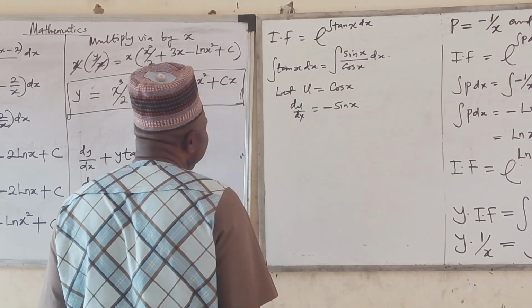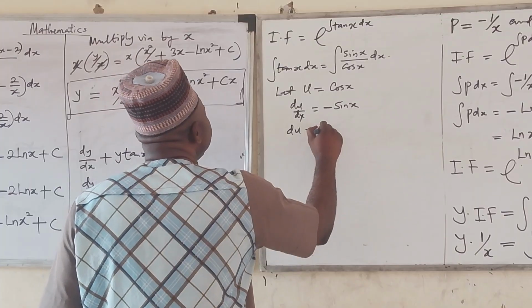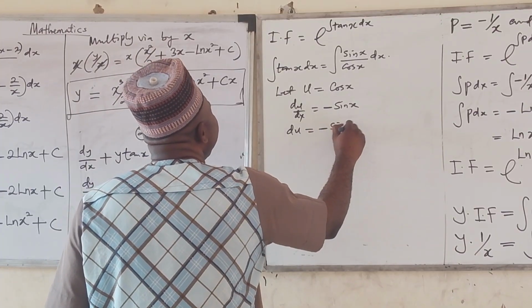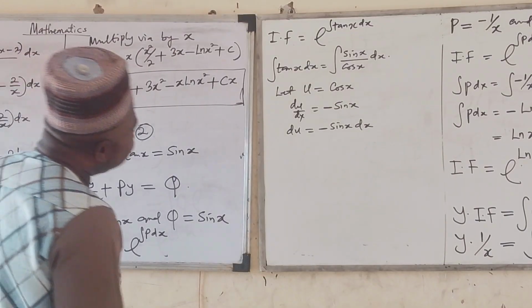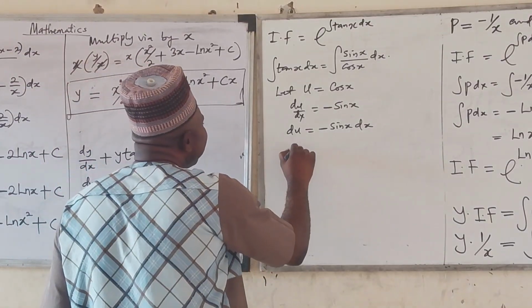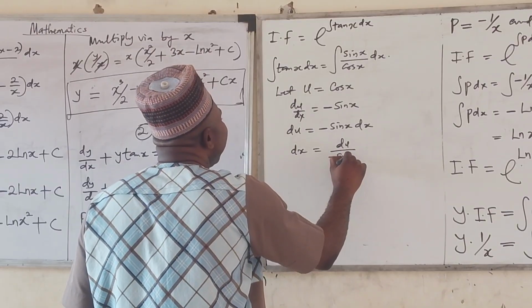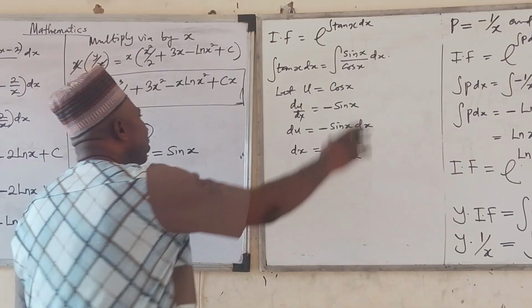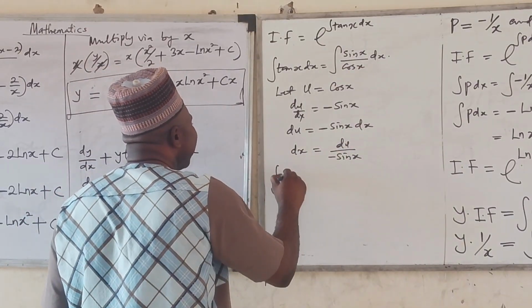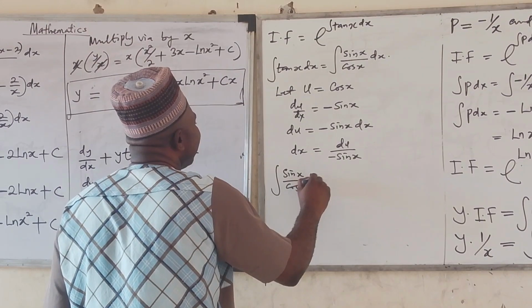Yes, du over dx is minus sine x. So our du will be equal to minus sine x dx. So dx will be equal to du all over minus sine x. So it therefore means that the whole of this integral of sine x all over cos x dx will be equal to